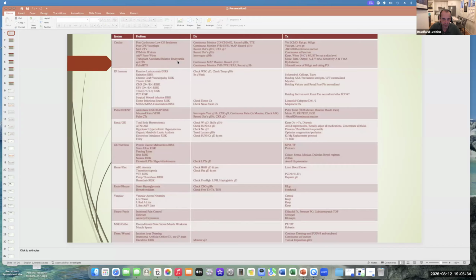Chest tubes and JP drains, any type of drain you want to look at, and you want to know what your minimum thresholds for removal are, right? And it's not just a numbers game. There's more to it than that. And we're going to spend a lot of time talking about this cardiac section because it's probably the most relevant and most important to us as cardiothoracic surgical type people.